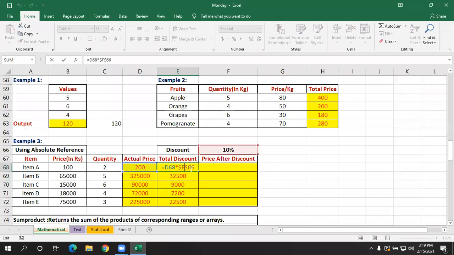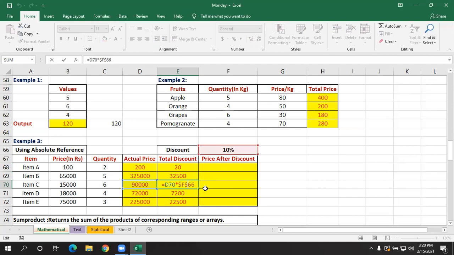Previously, it was selecting some other cells, right? Why did I give it like this? Because here I have not changed to absolute, because it has to take this column data and this cell data. This I have not changed to any reference. By default, it is in relative reference. But I wanted this cell data to be multiplied with all of these. So I made this cell content absolute.